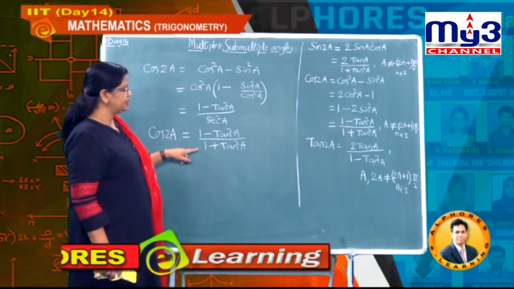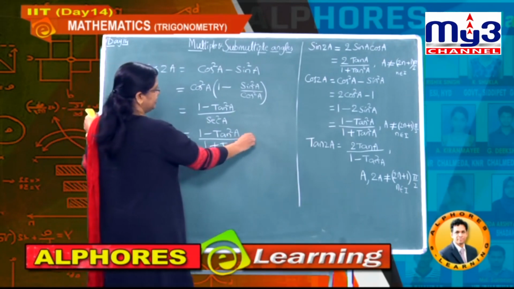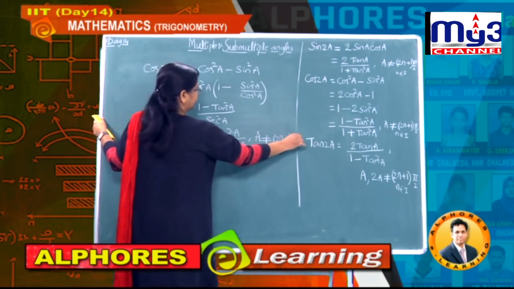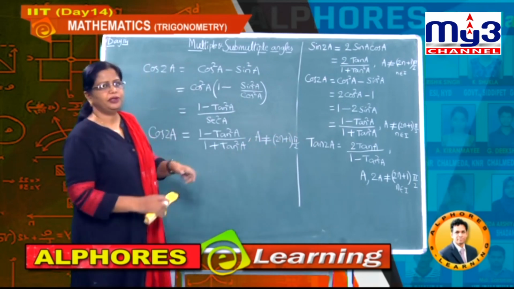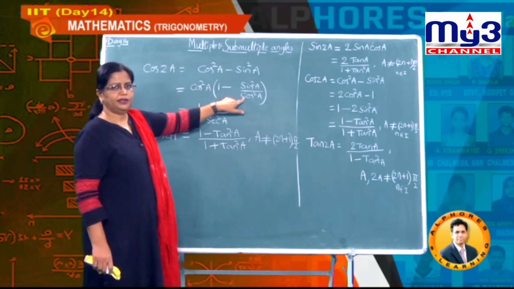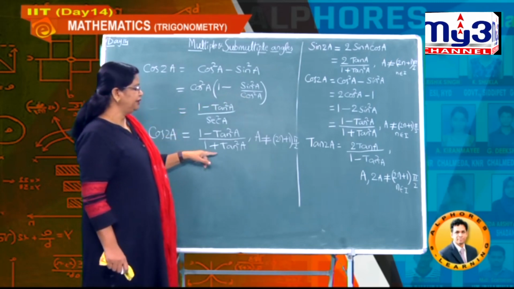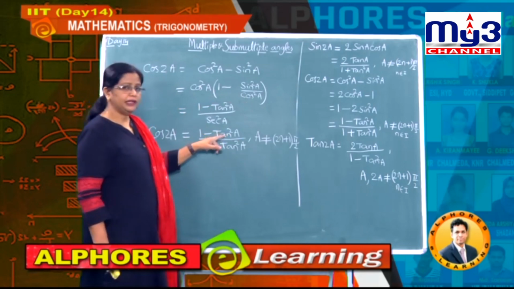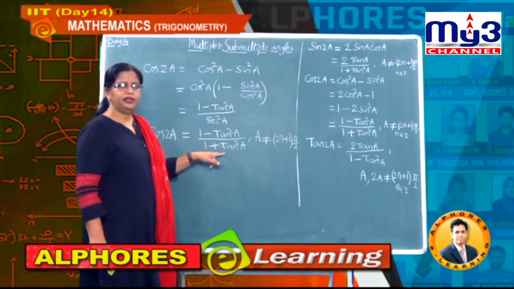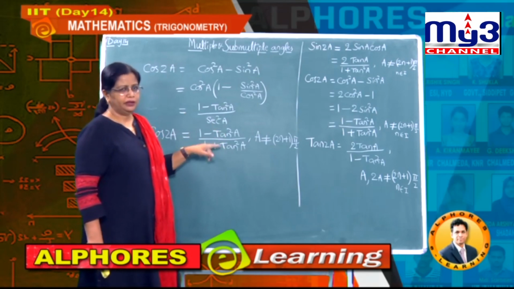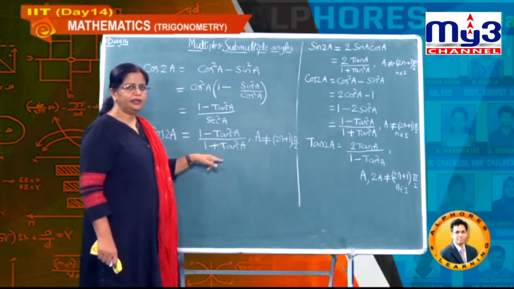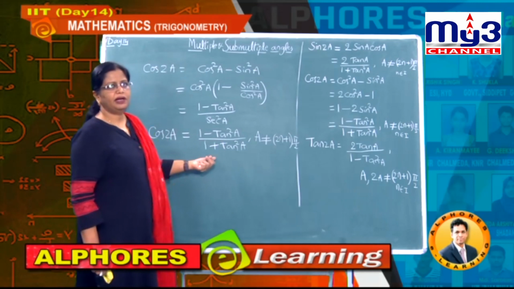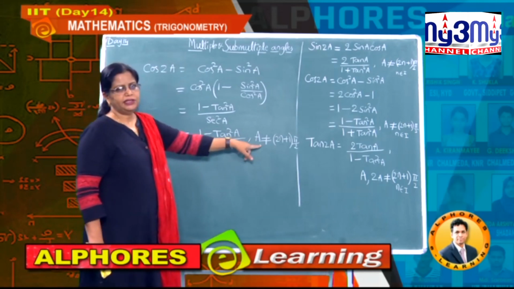So students, what is the condition here you have to adopt? It is A must not be equal to an odd multiple of pi by 2. This is the condition you have to observe, because we wrote the cos value in the denominator. What will happen if it is an odd multiple of pi by 2? It is undefined, and 1 minus undefined is again undefined, and undefined by undefined is known as indeterminate. 0 by 0 is indeterminate, as well as undefined by undefined, hence it is not a valid value. That is why we should write this extra condition.